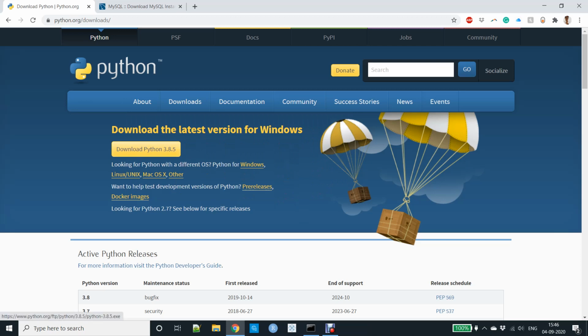I have already installed Python. By default, if you install Python, it will set the path. There is a concept of setting the path in the environment variables. When you download and install, it automatically sets the path, or else you have to set the current path into the working directory, so that you can initialize or do any kind of update directly from the command line. So you have to download Python for this.